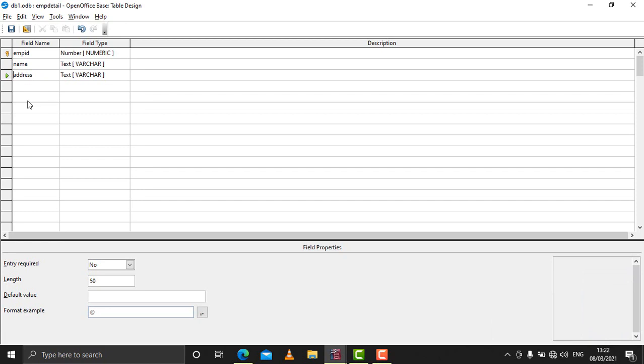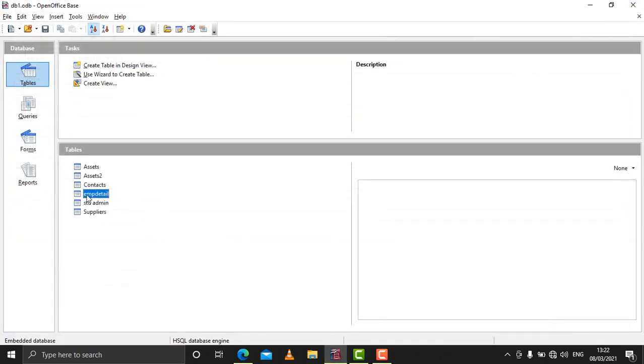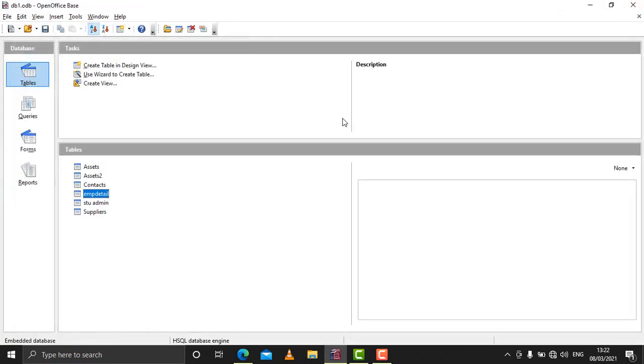Even if you want, you can make modifications in the fields which you have added before. Say for example you want to change the name of this field, you can write EMP name, and you can make it as EMP address, and that will be accepted. You can save it and then close it. You can double click to verify whether the changes have been accepted or not. You can see it is EMP name and EMP address. So in this way you can modify the records.